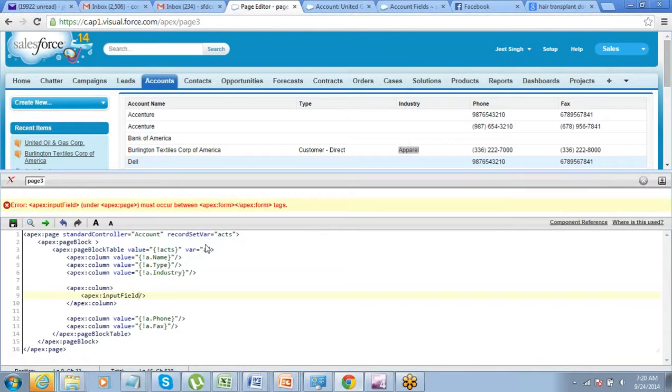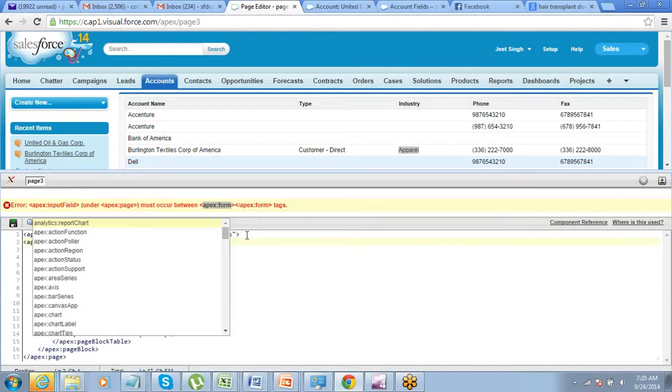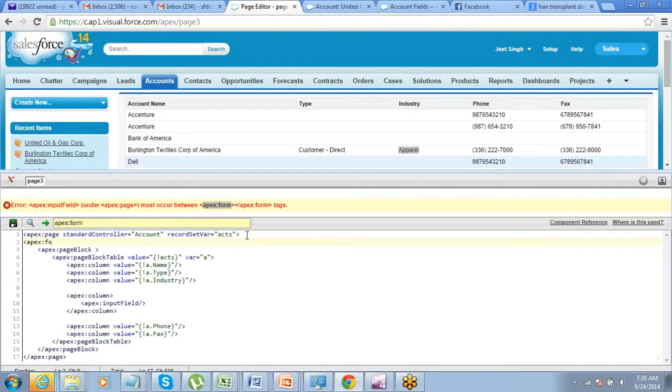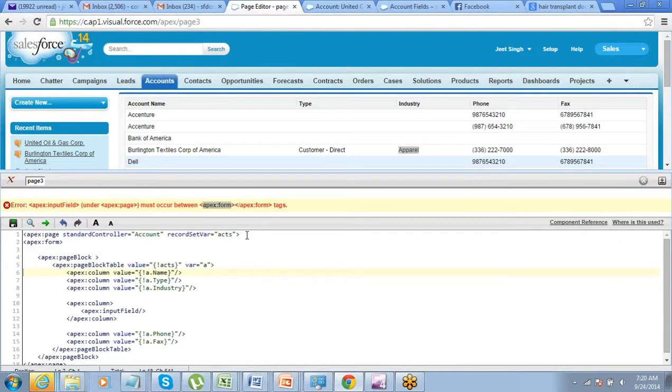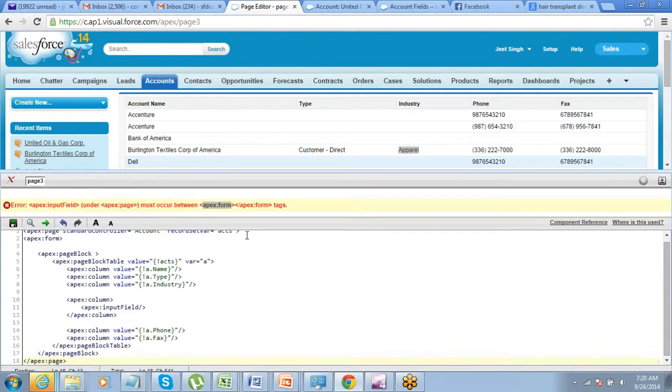Okay. So whenever you use an input field on Apex page, you always have to use a form component. Okay. So form component can come right after the Apex page component. So this is a must. A form component needs to be there to bring in any input or button kind of thing on your page.